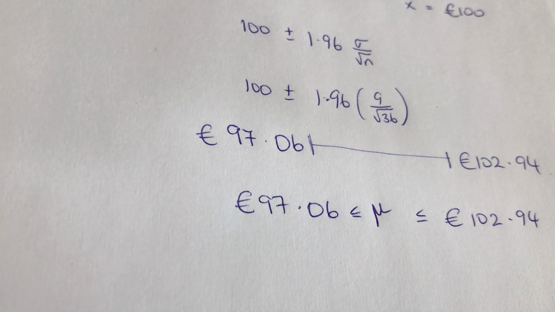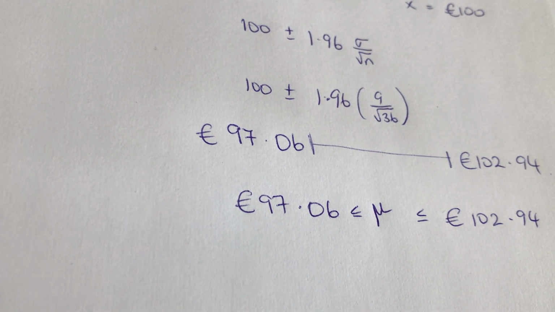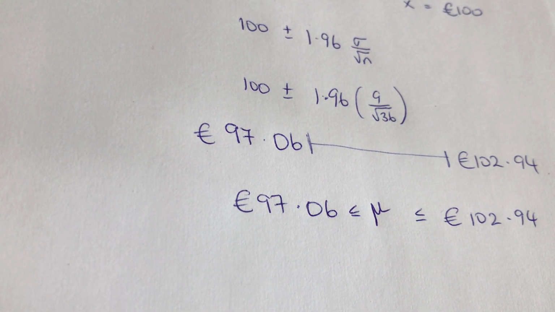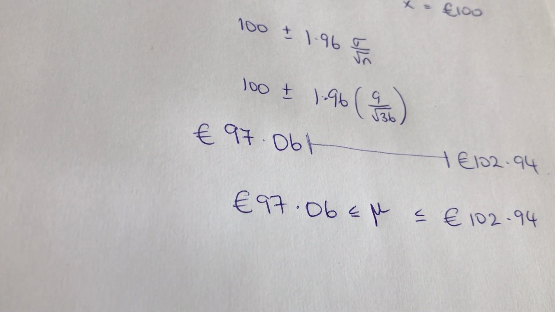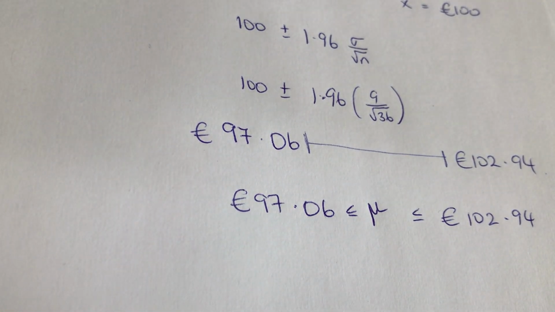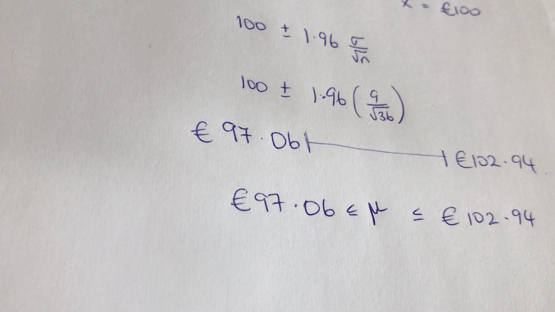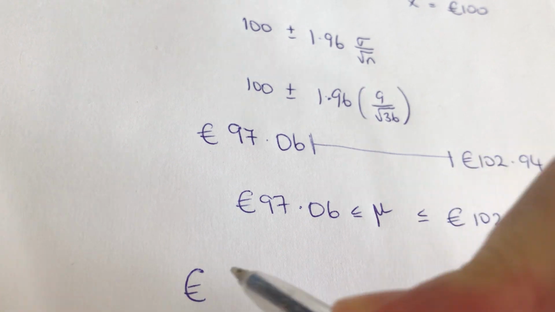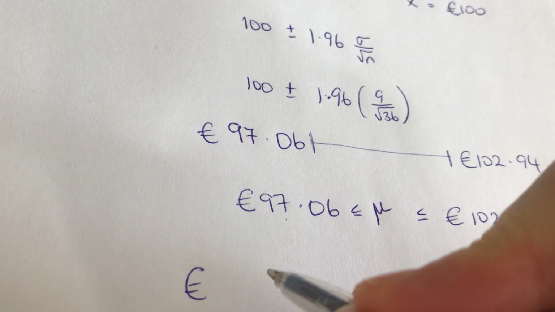And then part B, if the total number of accounts is 5,000, obtain a 95% confidence interval for the total saved at this bank. So the total number of accounts is 5,000, which means that every one of those accounts has at least, in my opinion, from the maths that I've done, €97.06. So I'm going to multiply that by 5,000 because each account has minimum that amount in it, from what I can work out, which means that if each account has that in it, altogether the bank